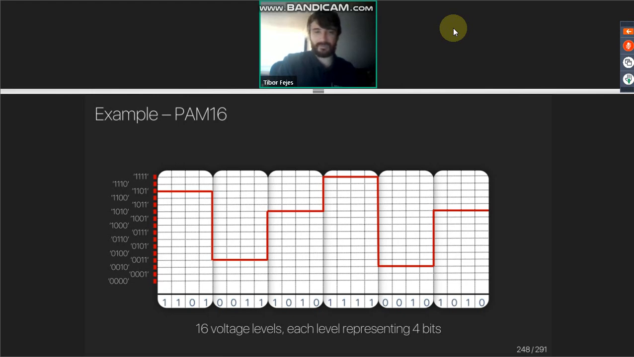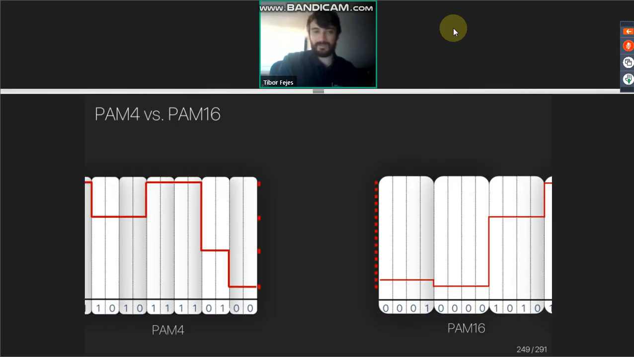But there is, as with many things, a trade-off. The downside is if we take a look at the distance between these two voltage levels on PAM4,